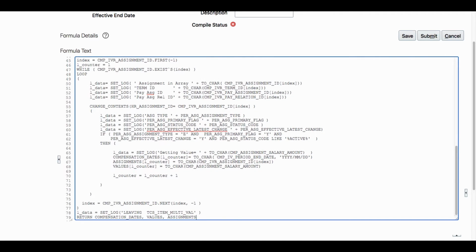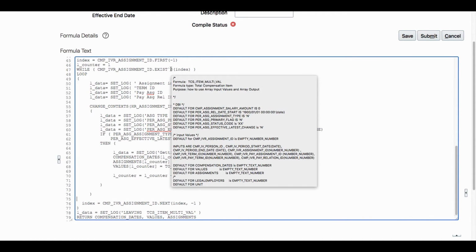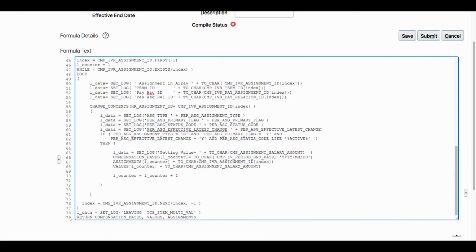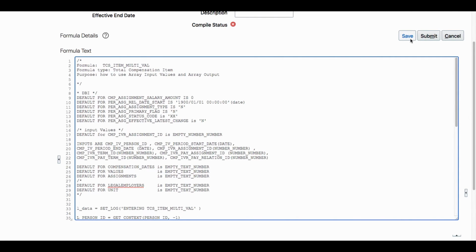That's it. Once I'm at the end, I'm making sure I'm finding the next index. So it goes through until it finds no more index, that is -1. When it meets the -1, it is going to come out. Okay, that's it. Save,